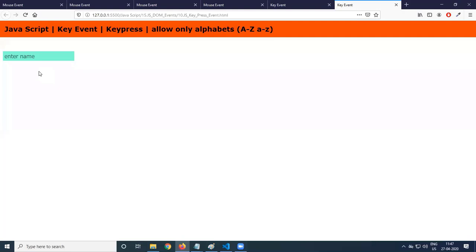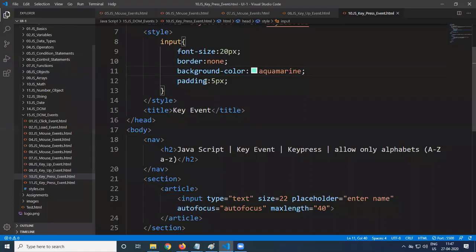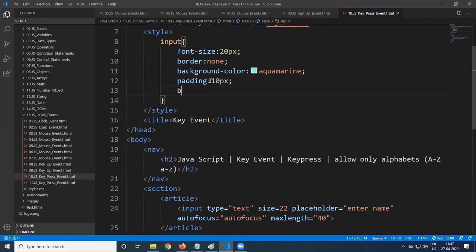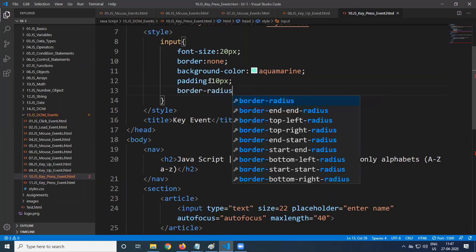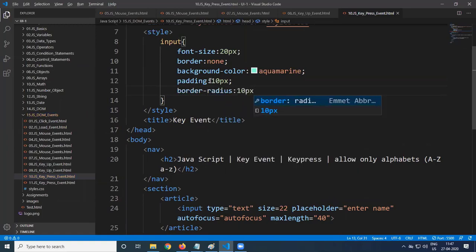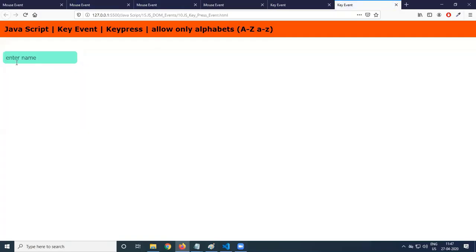So enter name is coming, so we are able to enter the characters. Some more padding also we can apply, 10 pixel. Border radius, some pixel. So this is the text box, enter name.